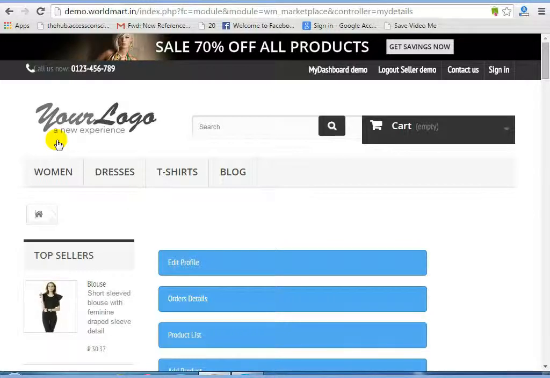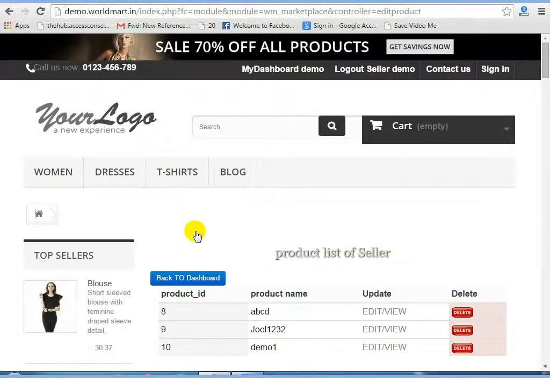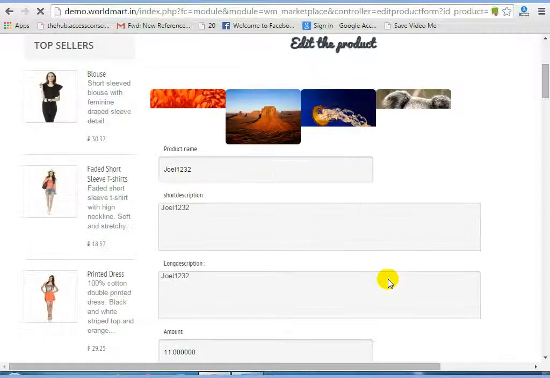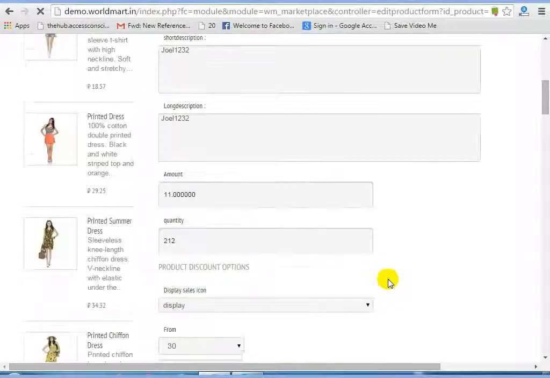Okay, now the only section that is remaining is the product list. In this product list section, the seller will be able to see his products. He can easily delete products. He can easily edit the current products that are there in his system. So I will click on edit product. So here are the images for the product, and these are the details of his product.